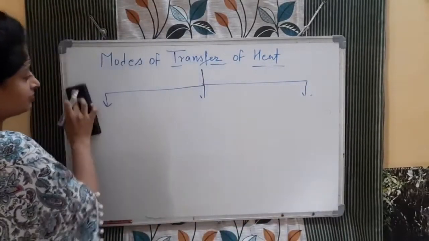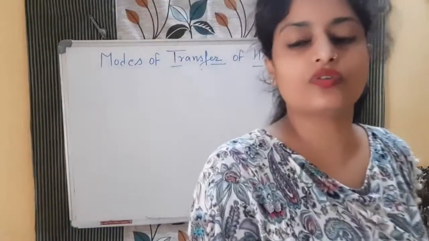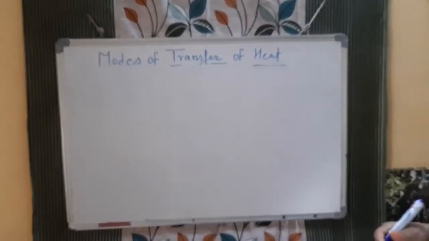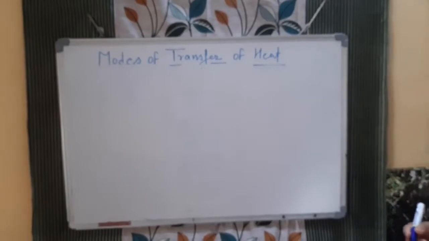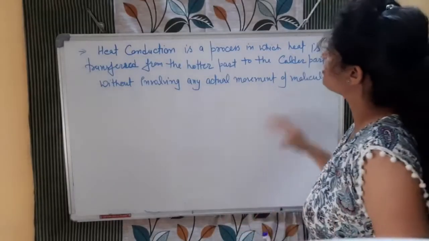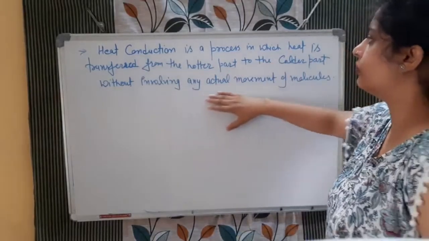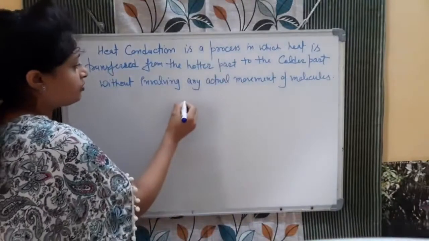Conduction is the mode of transfer of heat in which heat goes directly from one point to another, and then to the next one, transferring the energy. It is a contact kind of energy transfer, in which the object is in contact with the fire. We can simply say that heat conduction is a process in which heat is transferred from the hotter part to the colder part without involving any movement of the molecules. उस केस में ये जनरली सॉलिड्स में होता है बच्चा.